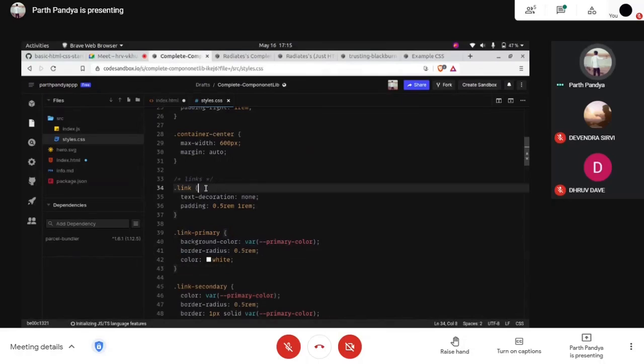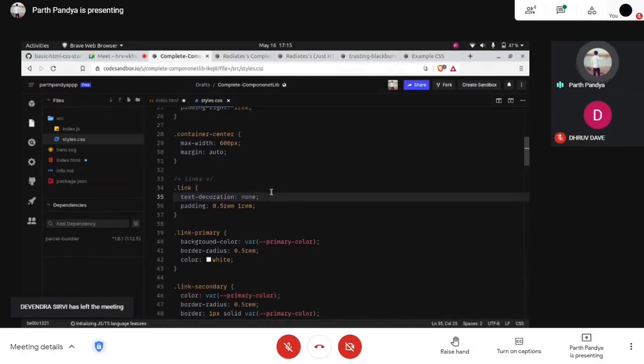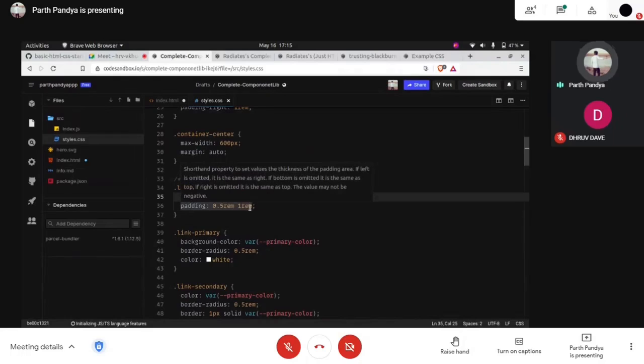Some common things which we want in this link style: we don't want any text decoration. Text decoration means by default we get a color, like purple, that shows we have visited this site. You will not get this when you define text decoration to none. We have set this text decoration to none. And also we have this padding, 0.5 rem and 1 rem.